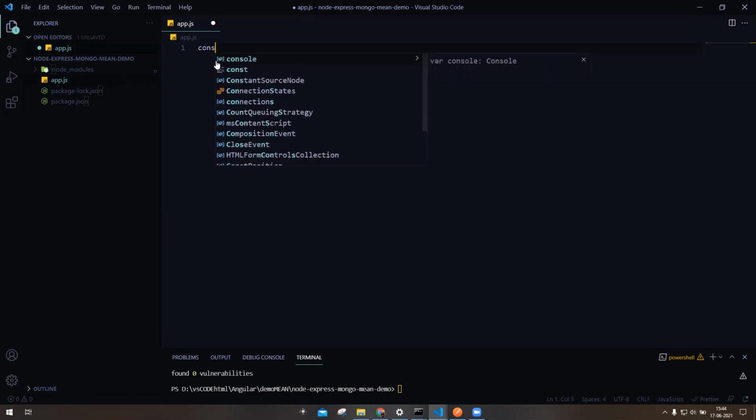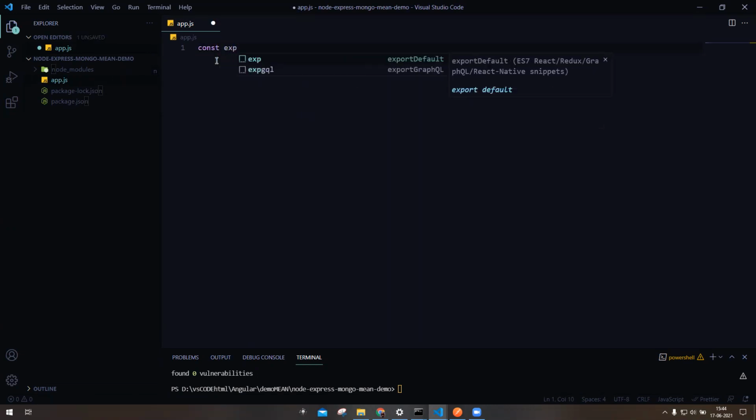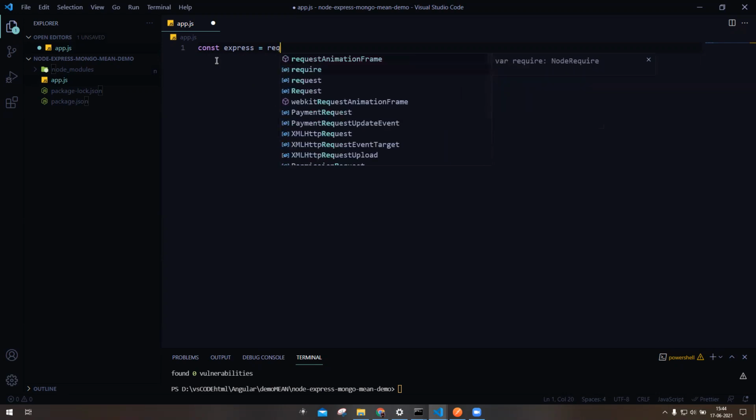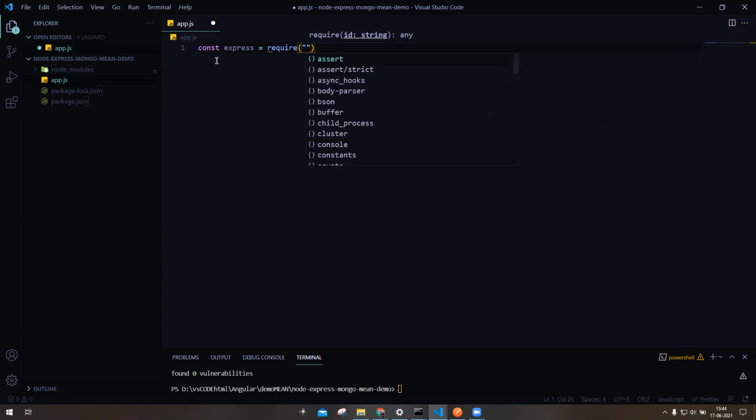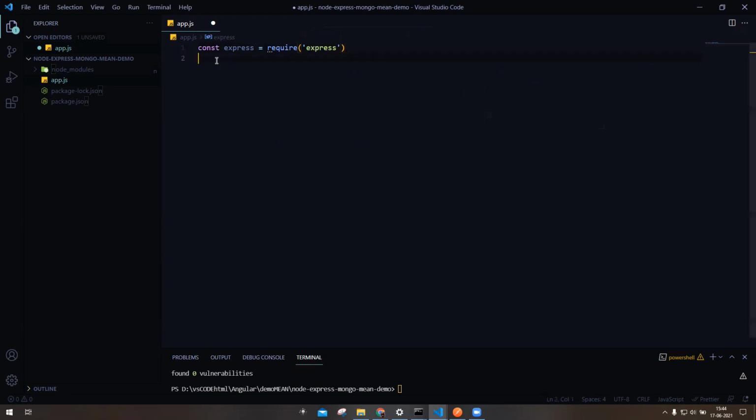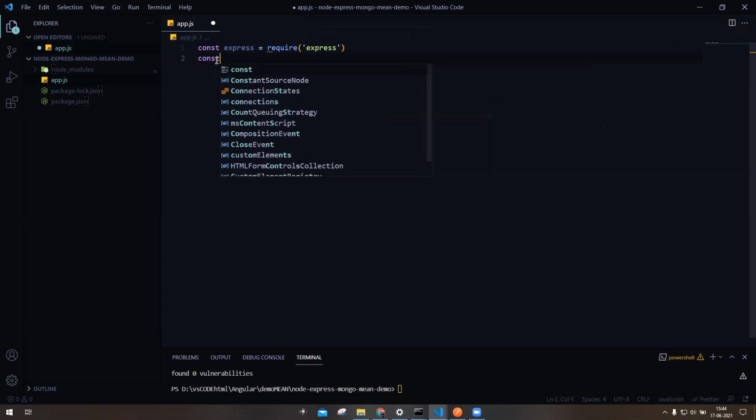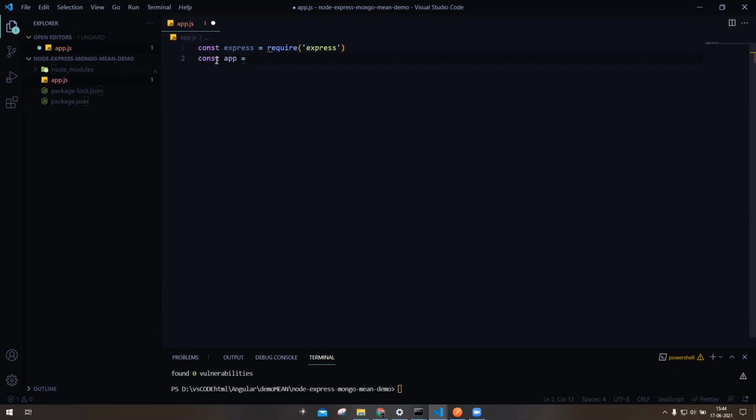So I will do const express equals require express, and I also have to initialize Express for our project. So I will give const app equals express. That's it. So now my project is initialized.